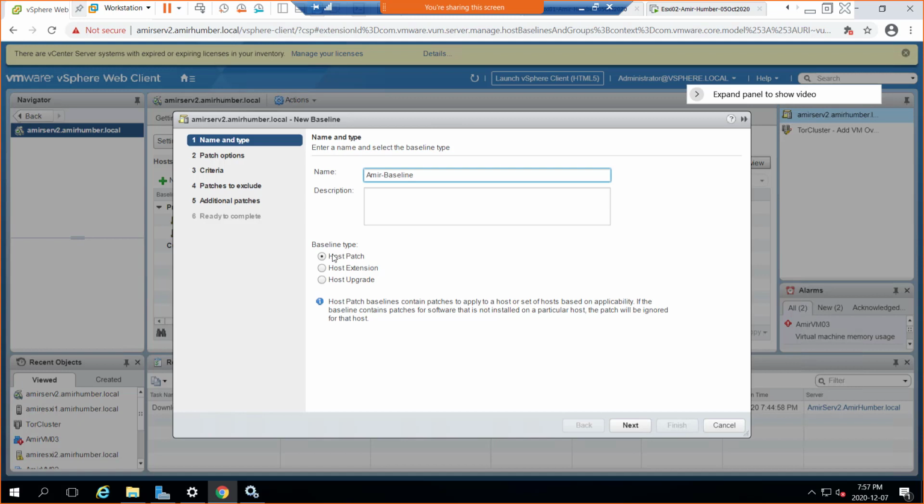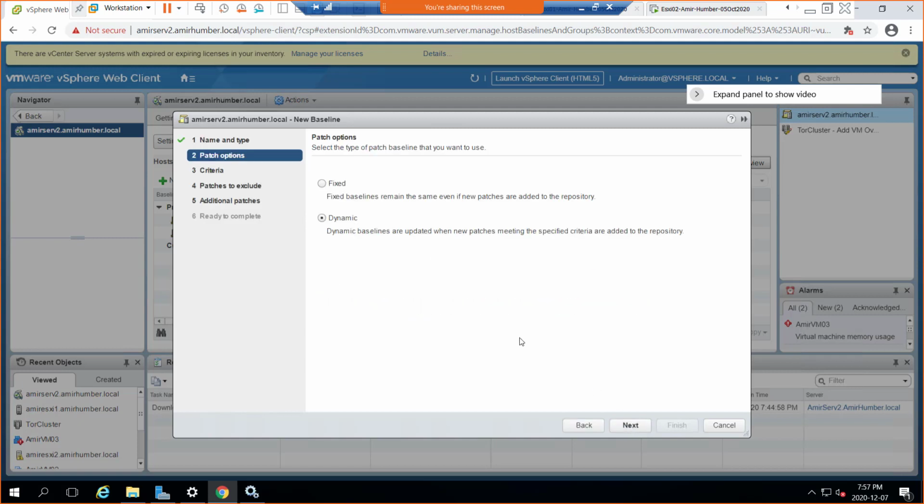If you put the name and you've selected host patch, which is the first one, then click next. Then it goes to fixed or dynamic. There's some noise coming from some mics, so I'm just going to mute all. Okay, so here, this is fixed or dynamic.